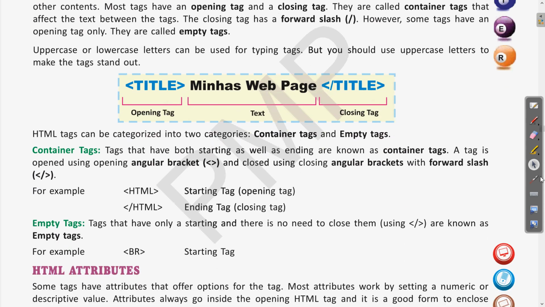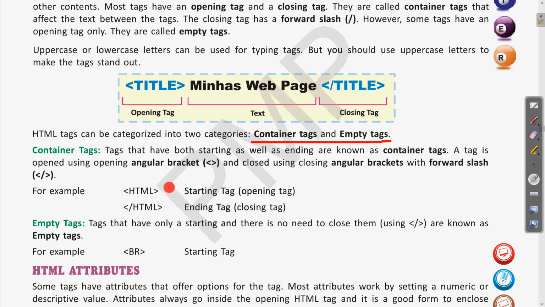As we were saying, HTML tags are categorized into container and empty tags. Here it is given that container tags have both starting as well as ending. Clear? A tag is opened using the opening angular bracket and closed using the closing angular bracket with a forward slash.